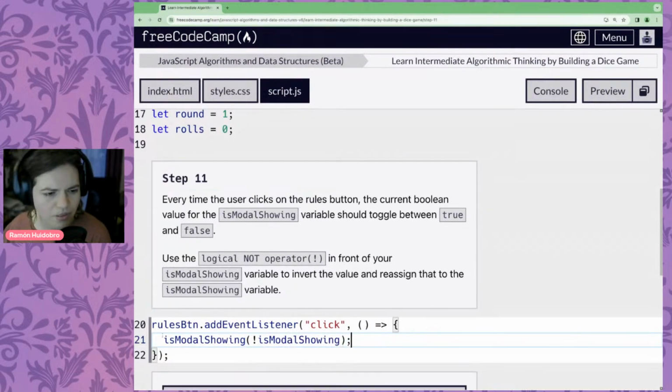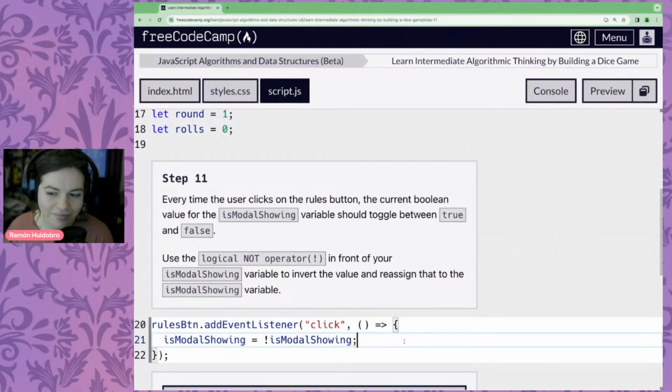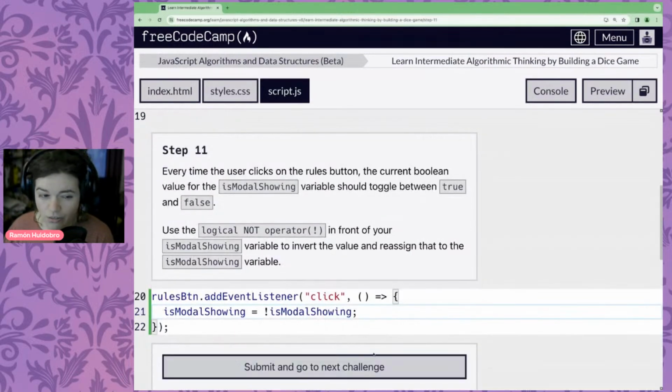I forgot to do this with an assignment and not calling it as a function. My bad. So we're going to set is modal showing to whatever is modal showing is right now, the opposite. So that should do it.